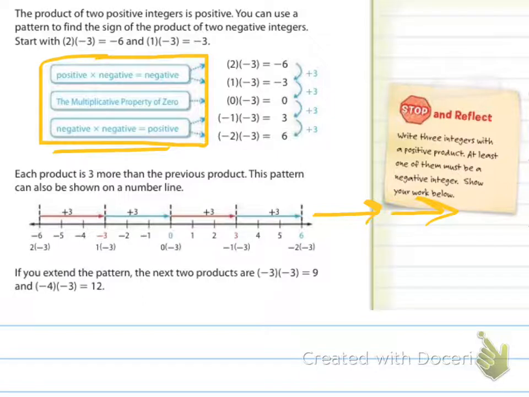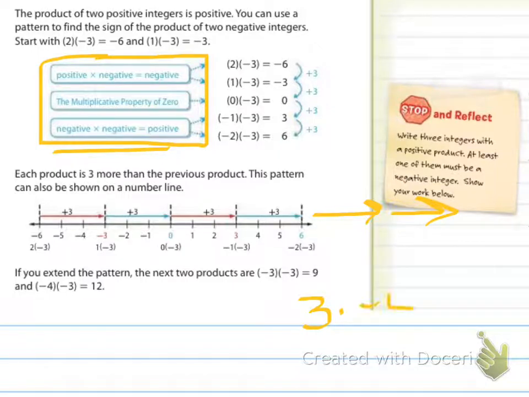Now the stop and reflect says, write 3 integers with a positive product. At least one of them must be a negative integer. Show your work below. So you're going to write 3 integers with a positive product, at least one of them negative. So 3 numbers multiplying is what they're talking about. So if you had 3 times